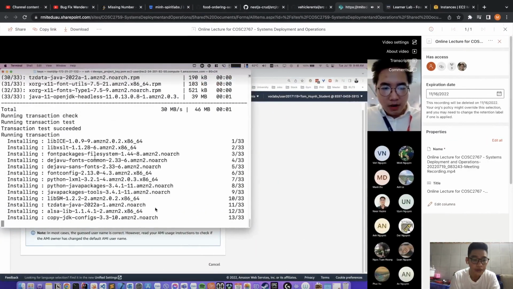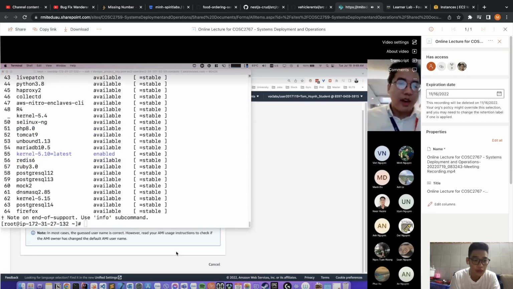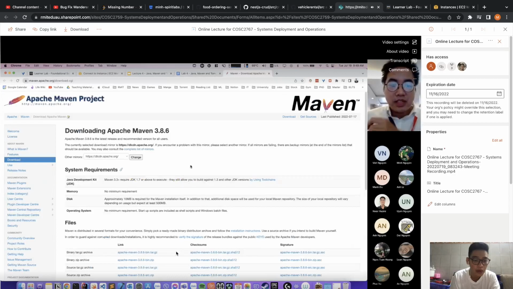Okay. Alright, so you can start, and after there are Docker. So now I have, alright, I need to go to the links, Apache Maven, and you can see